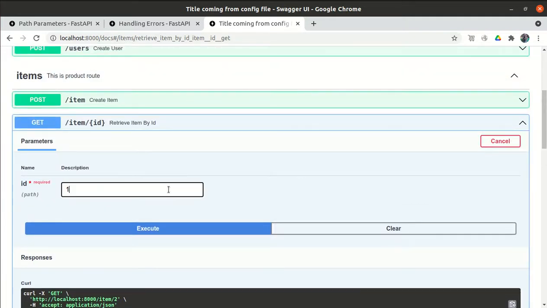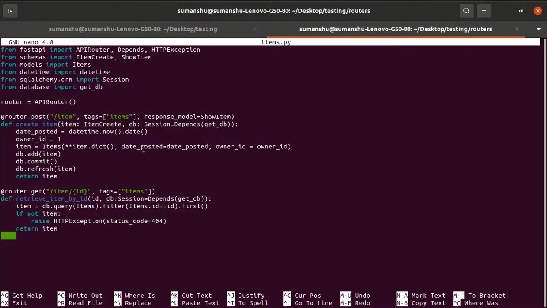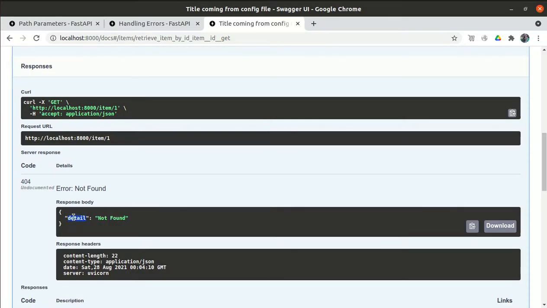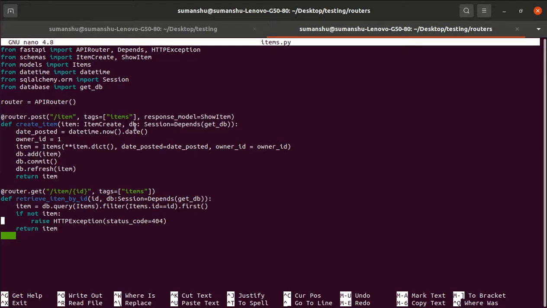Right now, let me show you again. For item number 1 we are seeing just a simple response, "not found", but we want a more specific error message, like "item ID 1 doesn't exist". Because this is a JSON object and the key is detail, we will override this detail keyword.